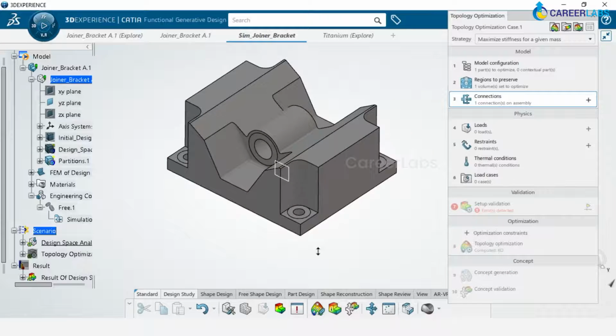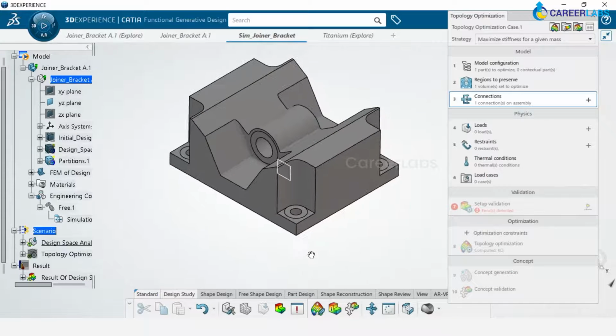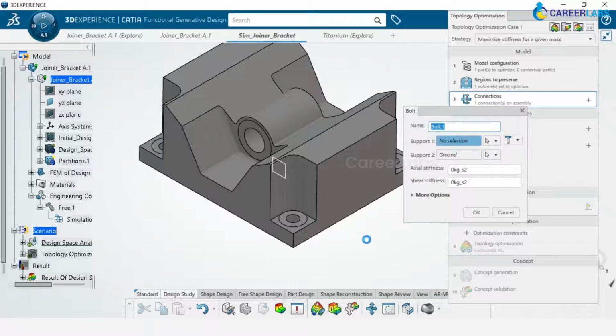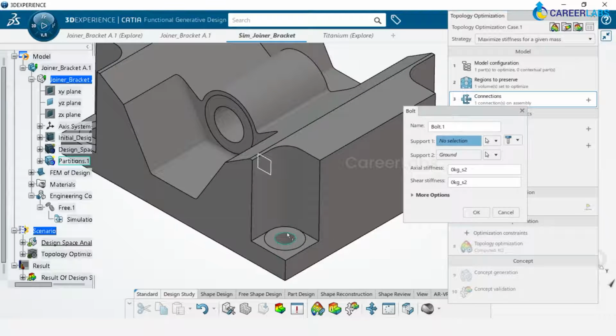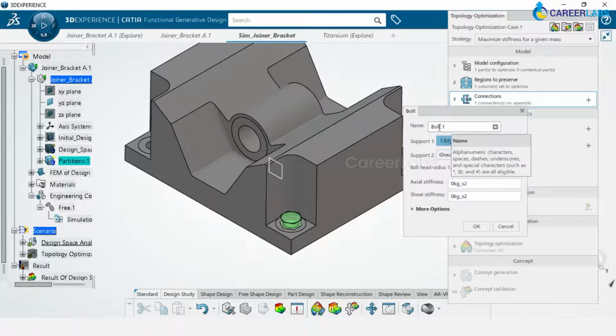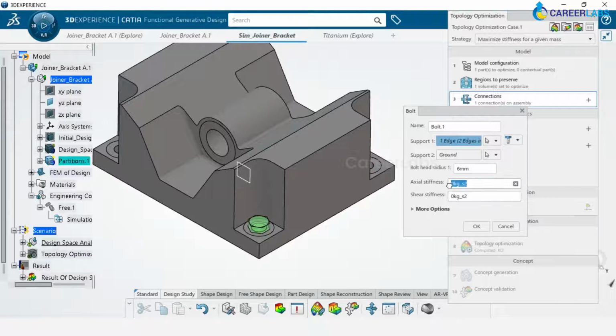To replicate the real-time situation, we are supposed to also create connections. The connection that we are going to use here is a bolt connection. So to create a bolt connection, we'll go and select bolts, select this edge, and then this is by default named bolt 1. There are actually other 3 bolts, so we'll have to go and give